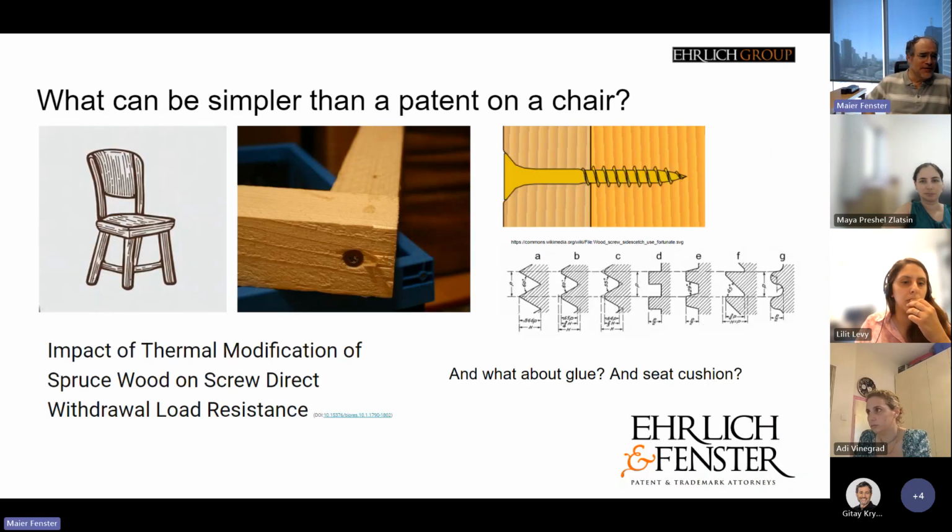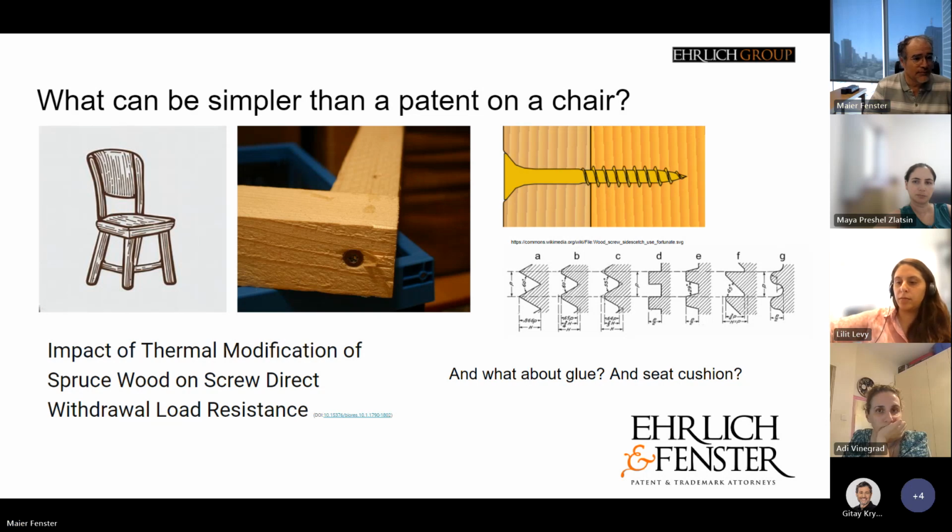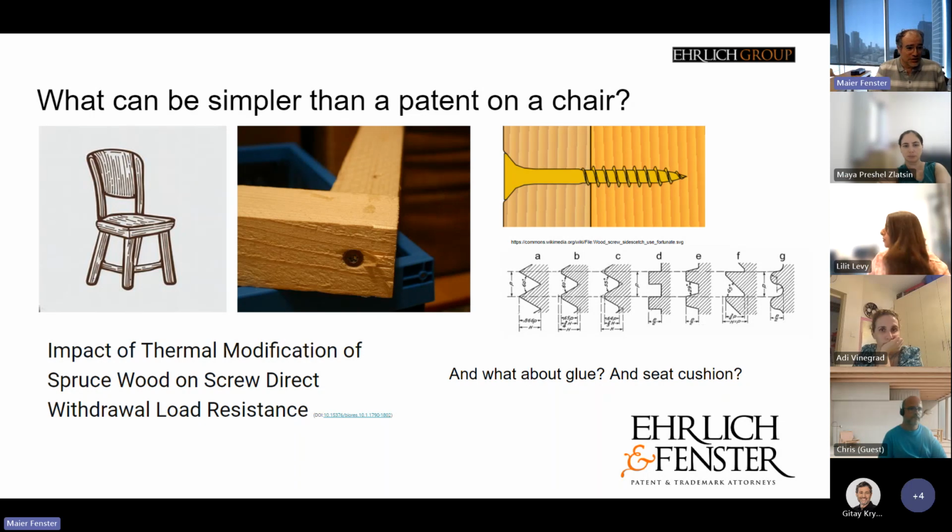Today we're going to talk about details. A classic example of writing a patent is writing a patent on a chair. Very straightforward. You have a seat and you have 4 legs, right? No, it's not. Writing a patent on a chair,